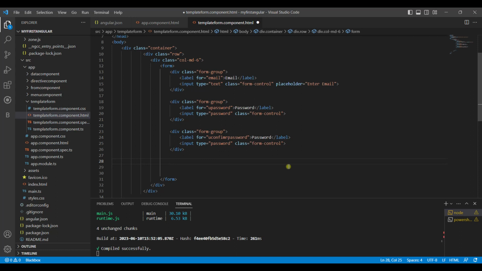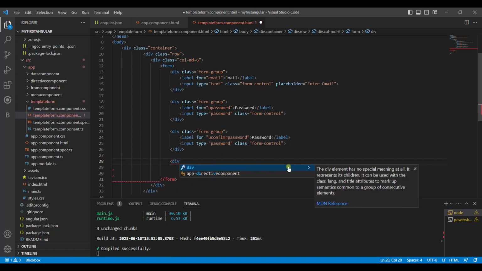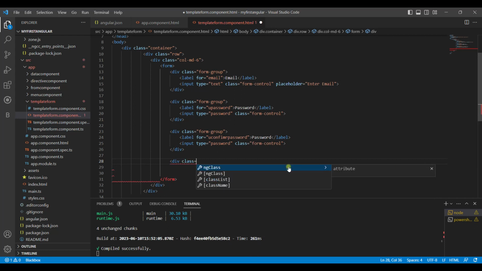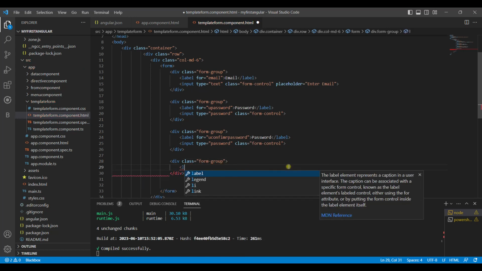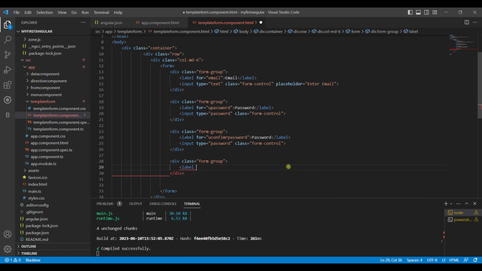Third would be gender. So now for gender, you will be having a different class, that is div, and we give a class as form group. Form group over here. Form group is done. Then we give a label, gender,